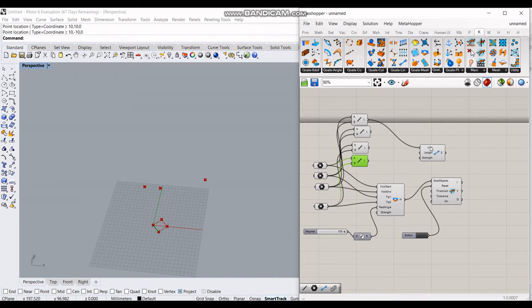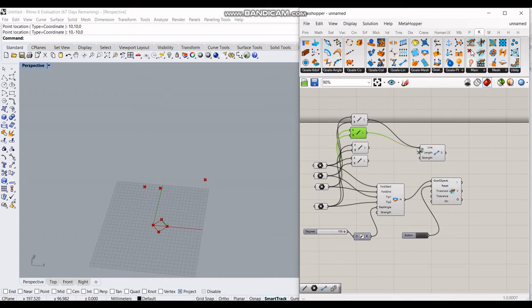So let us connect all the lines to this input. So this accepts lines as its input and how much length it can vary, and the strength parameter that I was talking about. To connect multiple components together, press on the shift button.